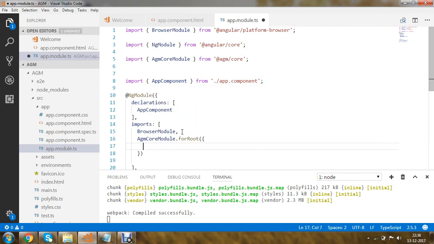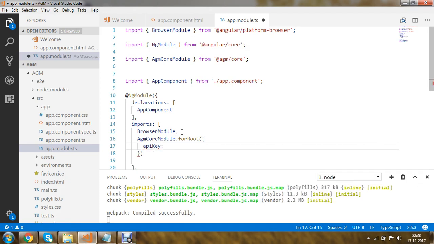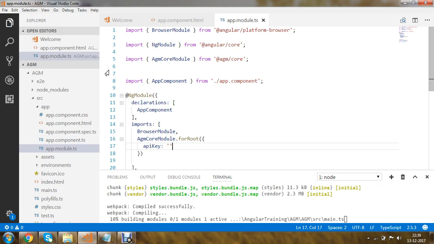The first parameter is the API key. If you have an API key for your Google Maps, you can specify that key over here. Let's say for this demonstration, I'm not going to make use of any API key, so I'm leaving this blank. But this is a mandatory parameter you have to specify. Without this, it will show an error. So I'm going to save all this.